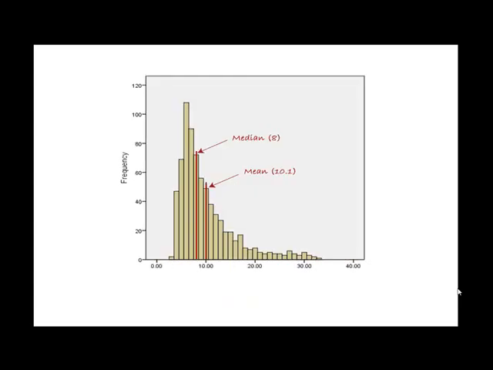The data presented in this histogram is skewed or asymmetric. If we were to draw a line around it, such as that which we did in the previous case, you can see that it doesn't form a nice bell shape, nor is it symmetric on either side. It is not a mirror image of itself on either side. When data is skewed or asymmetric, such as it is in this case, the best measure of centrality is the median. The reason the median is the best measure of centrality for skewed data is because it is unaffected by